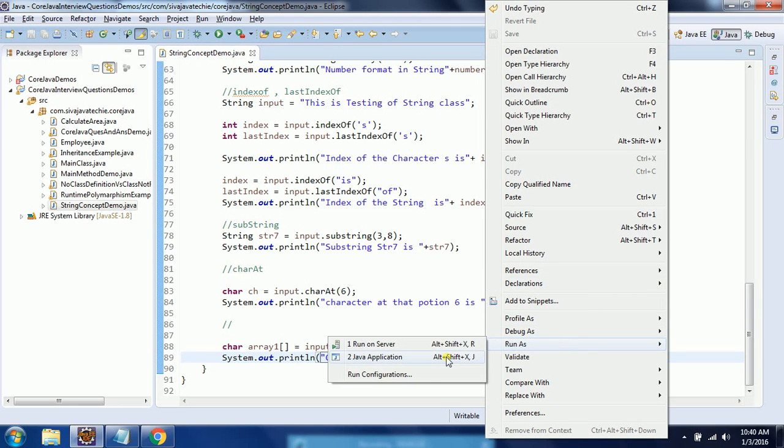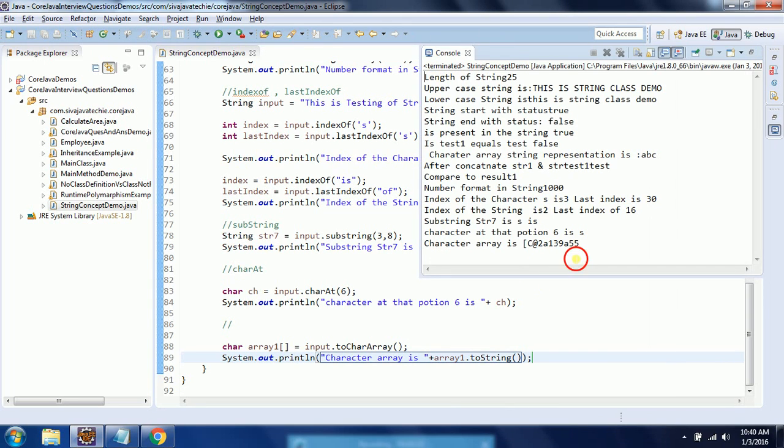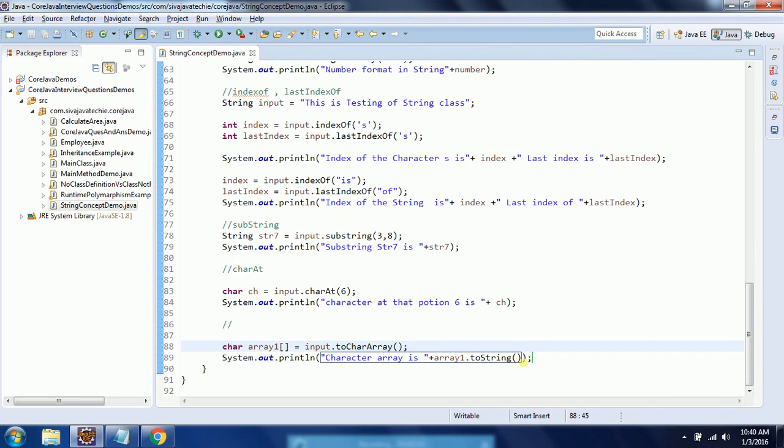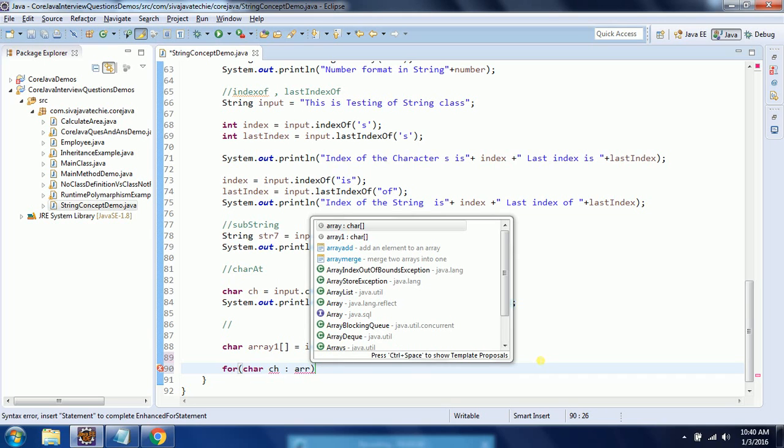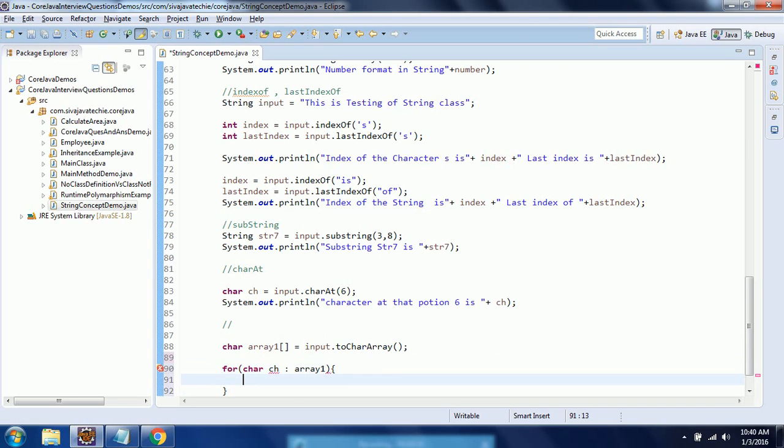Actually you cannot directly print this value as it is a character object, so you need to iterate this array, and then you can print. In order to print, what you need to do is char ch colon array of 1, character c directly, otherwise